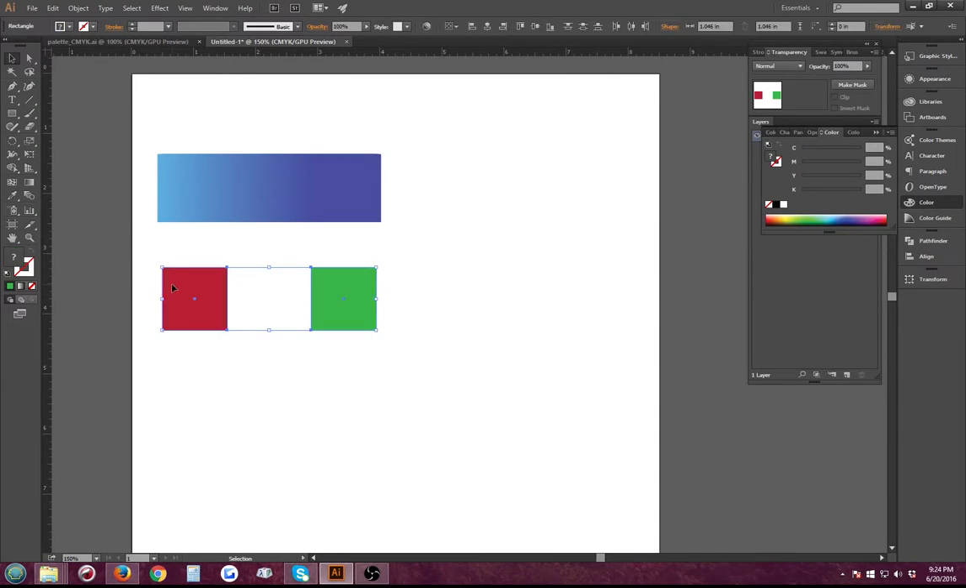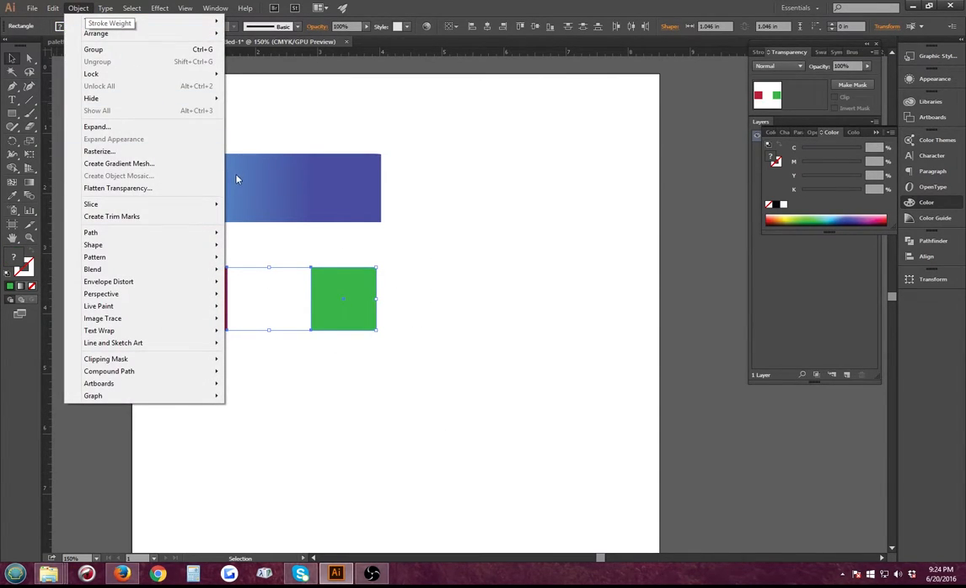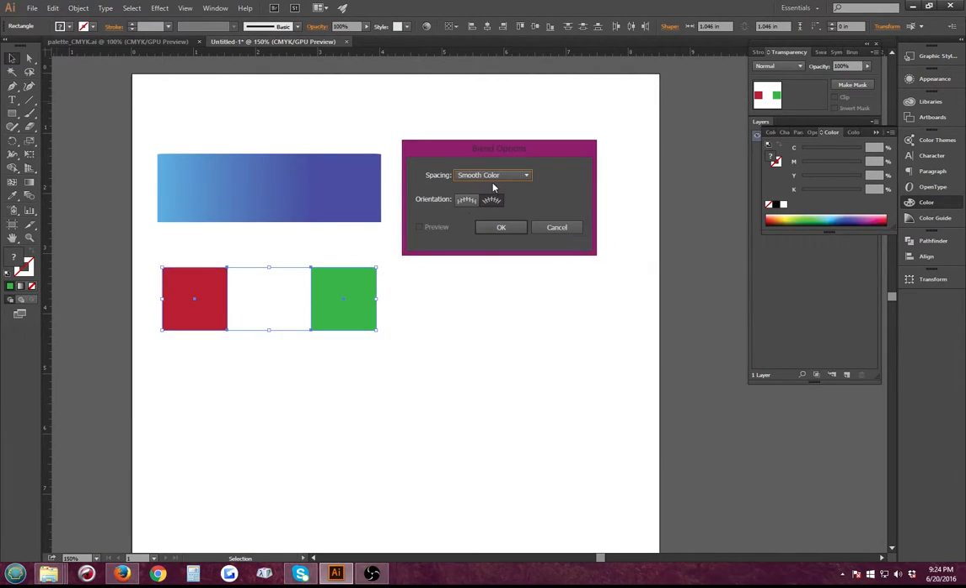I'm just going to select these two and go back to Object, excuse me, and go to Blend and Blend Options, and then change from smooth color to specified steps. Now, specified steps, and align to path, because trust me, it'll make your life a lot easier. Specified steps is how many color sections you want, color squares, from point A to point B. Now you can have as low as 3,